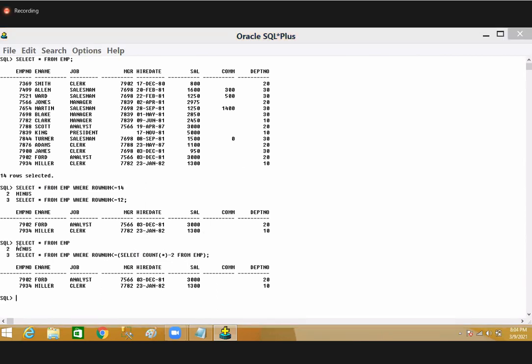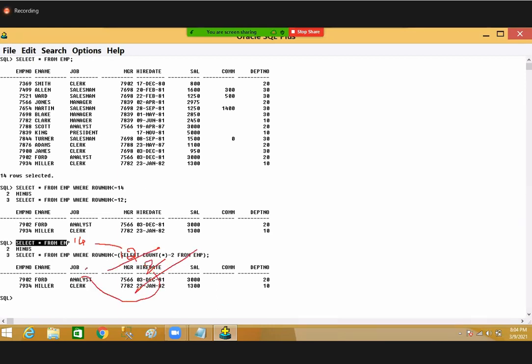Now here, select star means the entire table, which is 14 rows. Less than or equals to 12 means 12 rows. So 14 minus 2, the remaining two values are there. The remaining two will be this one, same logic. So this is ROWNUM, guys. I can use ROWNUM for fetching the data. And the next one is